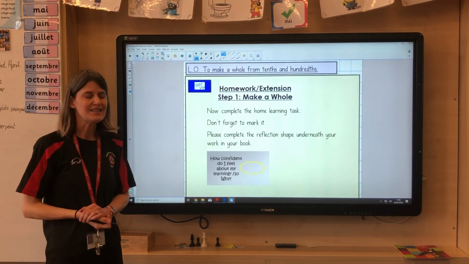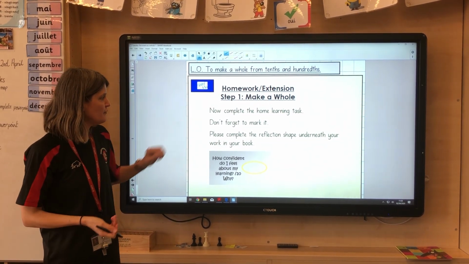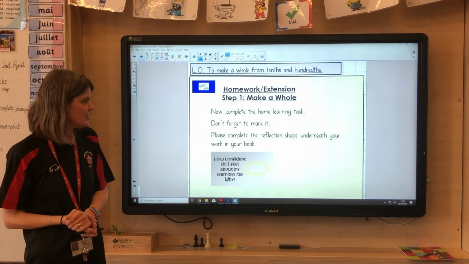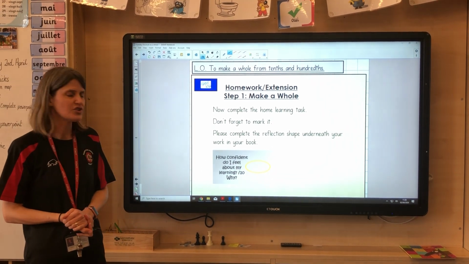Right, you're now ready to have a go at the task. Don't forget to mark it, the answers are at the bottom of the sheet, and have a go at completing the reflection shape once you've completed the